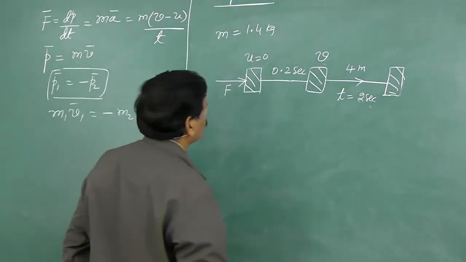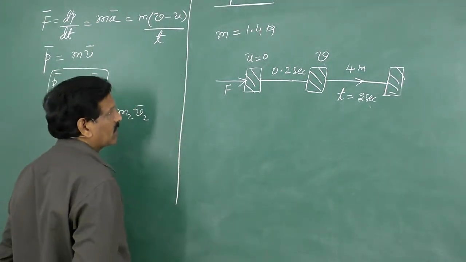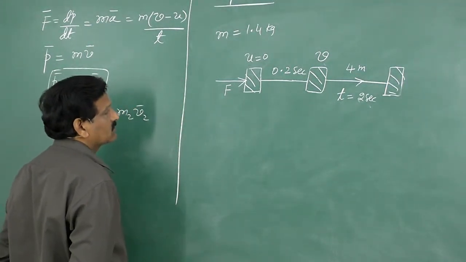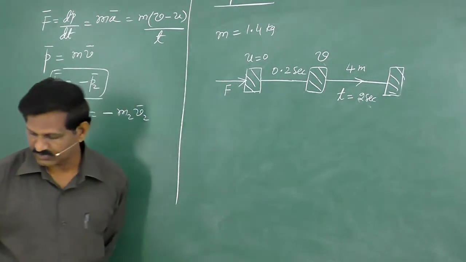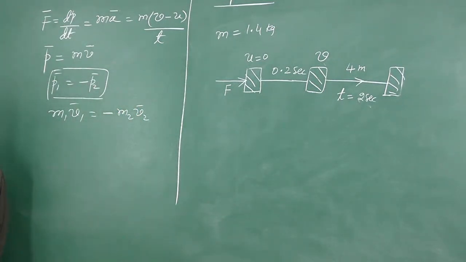And in this case, we have to calculate the magnitude of the force. So, this is the problem, and this is similar to problem number 2. There also the force acts for 10 seconds. After that, the force ceases to act, and the body traverses some distance in some time interval. Then find the magnitude of the force. So, this problem is similar to the second problem.